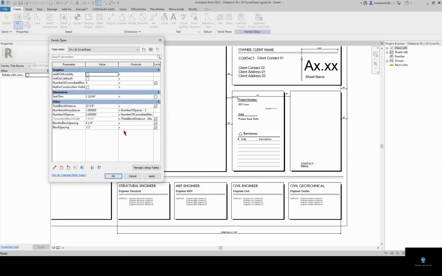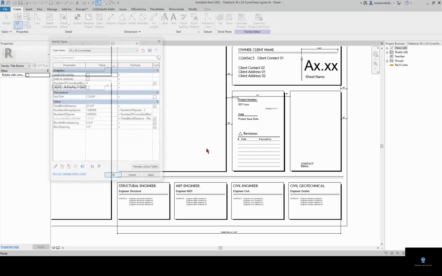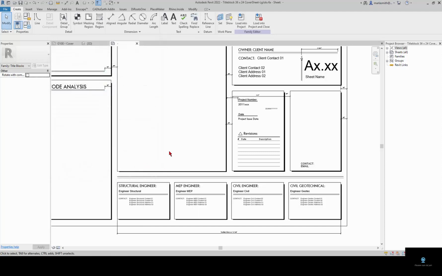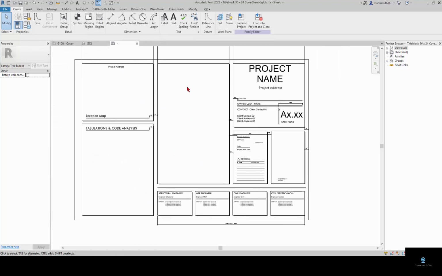If I click on, let me do that less fast, on my family types dialog box, I can come in and adjust the number of consultant boxes. If I go to 3 and hit apply, it'll do 3 of them. There were 4 originally. Apply. And then the total block distance. If I Control X that and just put 20 inches in, it'll adjust how those are spaced. So if you want to rearrange things, you can, but otherwise, you can just use what you want and get rid of it. But that's pretty much it, I think. And then if I go to close this,